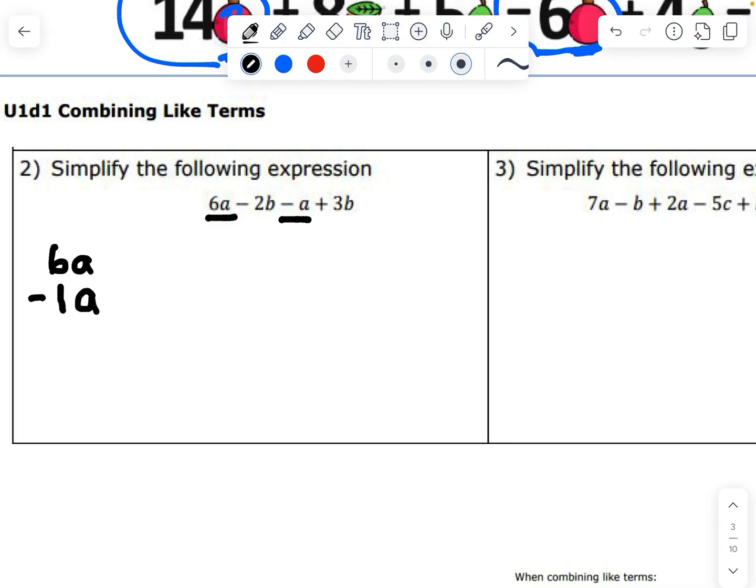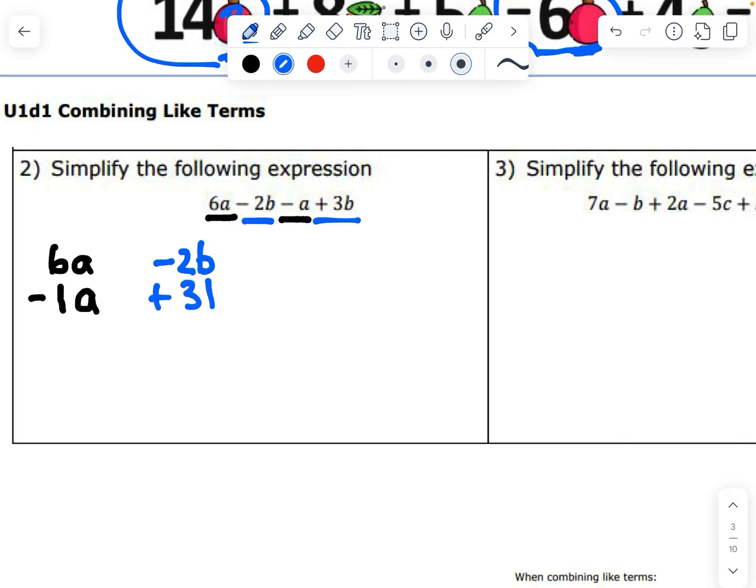There will always be the number 1 in front of a variable if there's not a number already there. Okay, so we've already taken care of the A's. Now we've got a different letter. I see some B for blueberries. Okay, so I see a -2B, and I see a